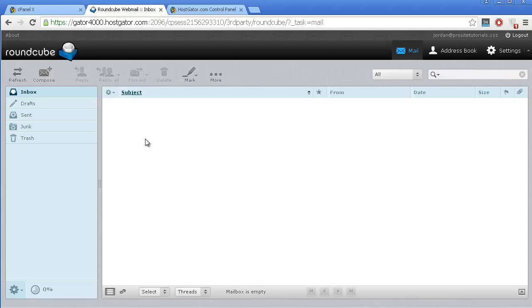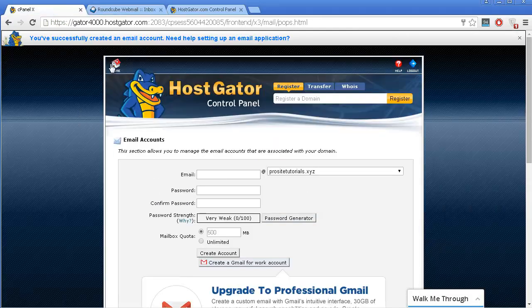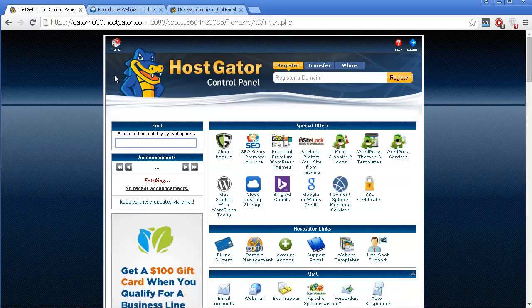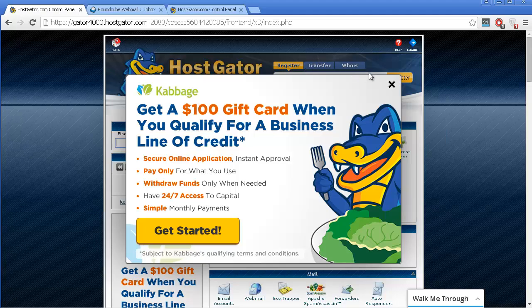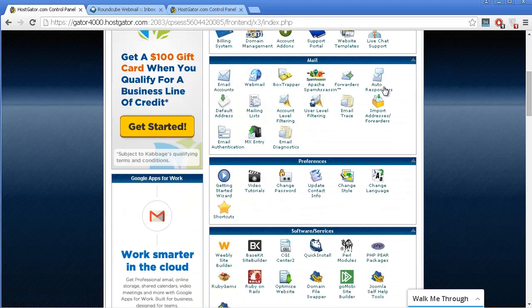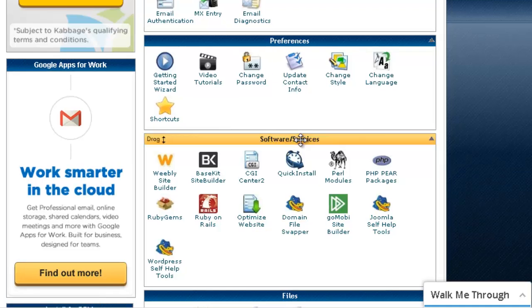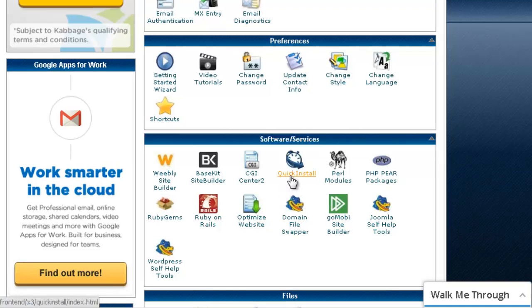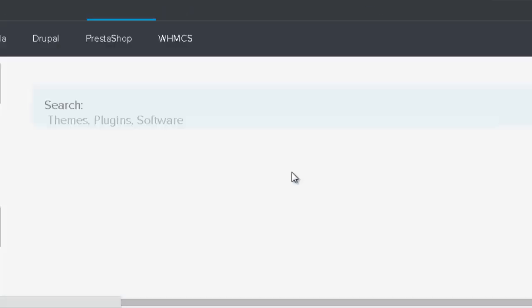Now the thing that you want to do is go once again to your cPanel, because I'm going to explain how you can install WordPress, which is the platform that will allow you to start creating your website. So let's go back to this page. I'm going to click on Home. And now what you want to do is simply go below, and you can see under Software and Services you have this small icon that says Quick Install, which you want to click on. And you are redirected to another page,